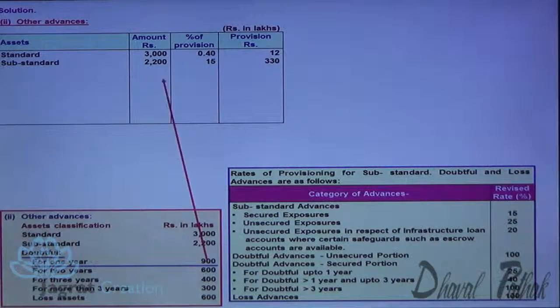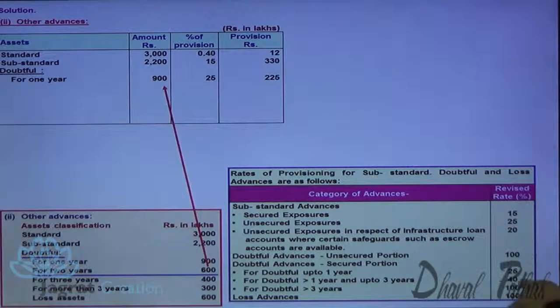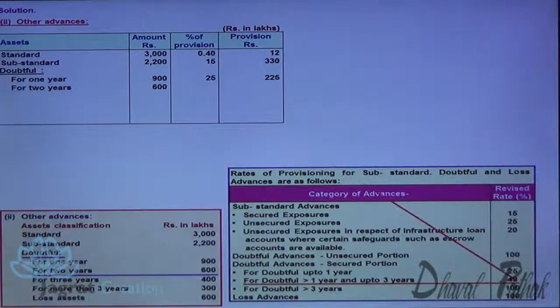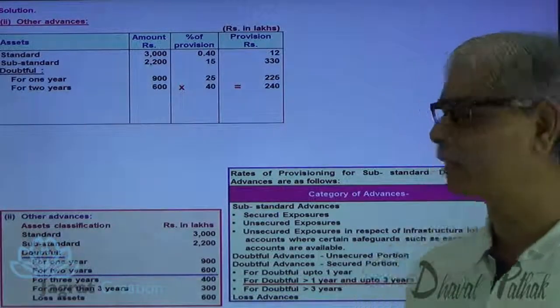Now doubtful, 1 year, so up to 1 year, it is 25%. So 900 into 25%. Now for 2 years, 40%. So 600 into 40%, this is the provision for bad debt reserve required to be made by the bank